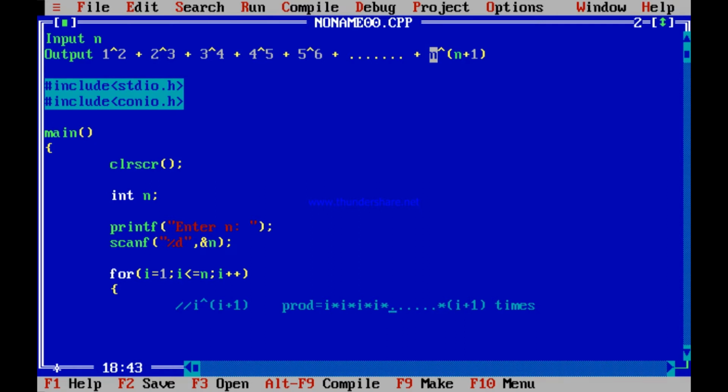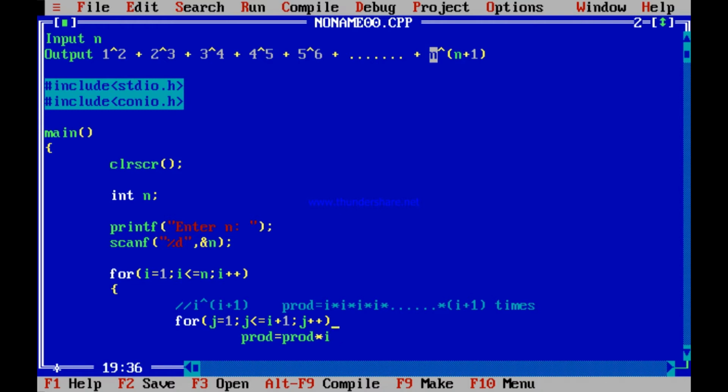See, I have multiplied I how many times? I plus 1 times. So this loop should iterate how many times? No doubt this loop should iterate from j equal to 1 to j less than equal to I plus 1. That is, I plus 1 times this loop should iterate, from j equal to 1 to j equal to I plus 1. I plus 1 times this loop j should iterate. And every time in the loop, what should I do? I should have a variable product which has to be multiplied. What should be multiplied? I should be multiplied.